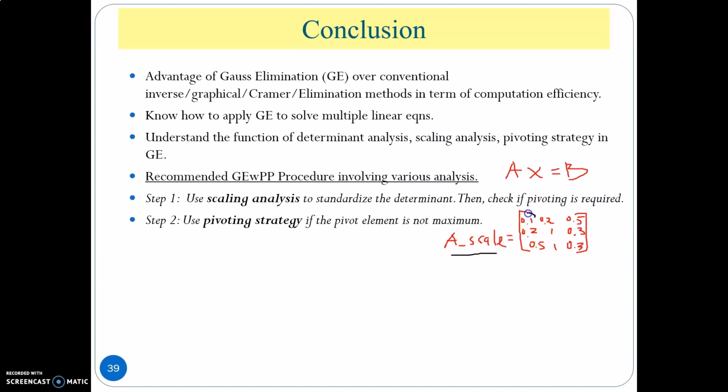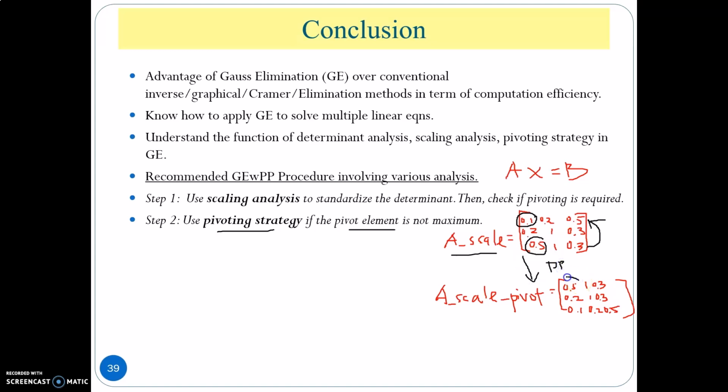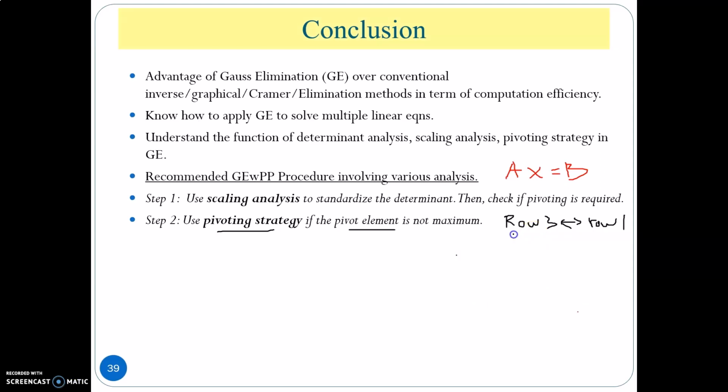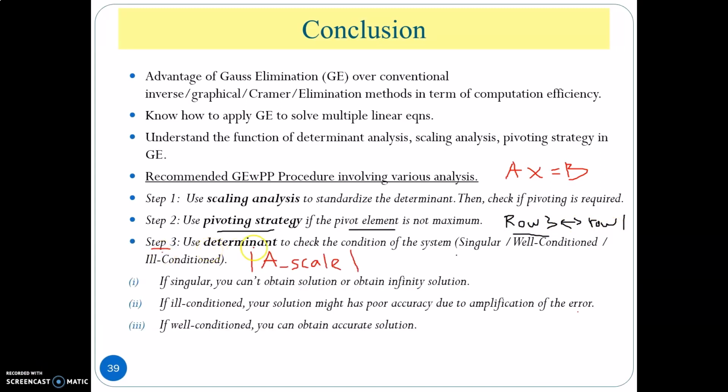Then you see the pivot element here is not the maximum compared to other rows. So you found the maximum element at the third row, so you need to perform the pivoting to switch row 3 to row 1. So we need the pivoting strategy if the pivot element is not maximum. After you perform the partial pivoting, now you check the pivot element, which is the maximum now compared to other rows. So we can conclude that the partial pivoting must be conducted, where row 3 must be switched with row 1. In the next step, we can use the determinant on the matrix A that has been scaled